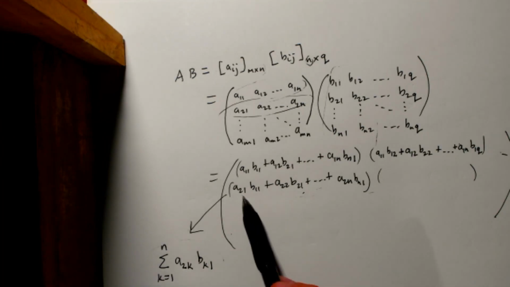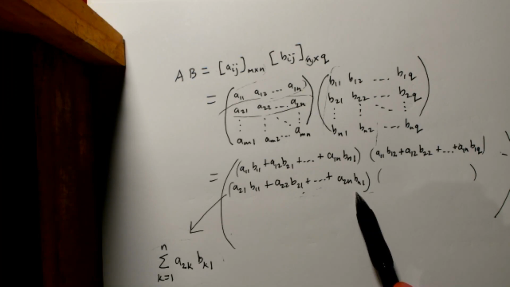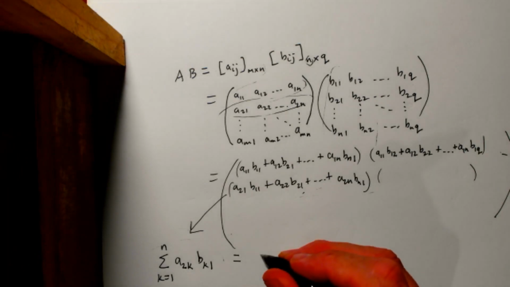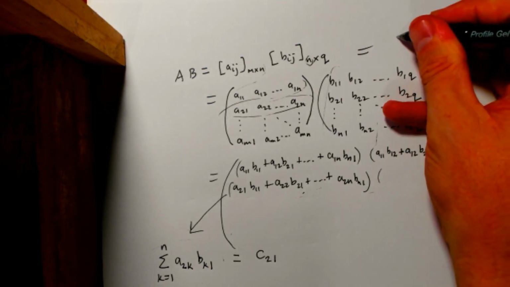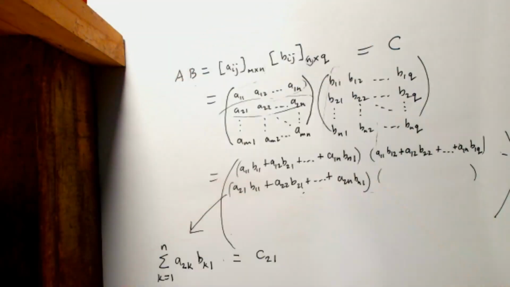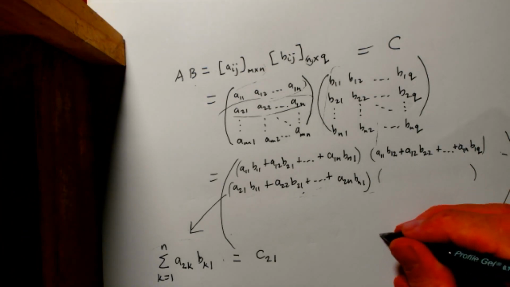Now, notice the position here. This is the second row, but the first column, we have a 2 and a 1 on the outsides, right? So this is equal to C21, where this is the matrix C, is the product. Okay, so C21 has a formula involving a sum, but actually we could do this with every entry, and so we could say that